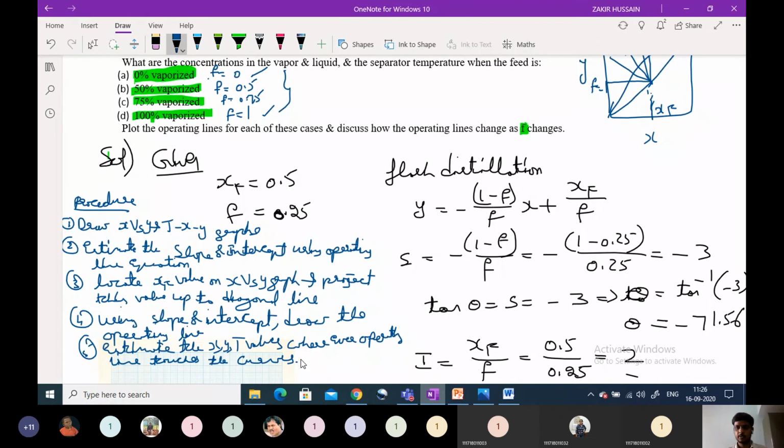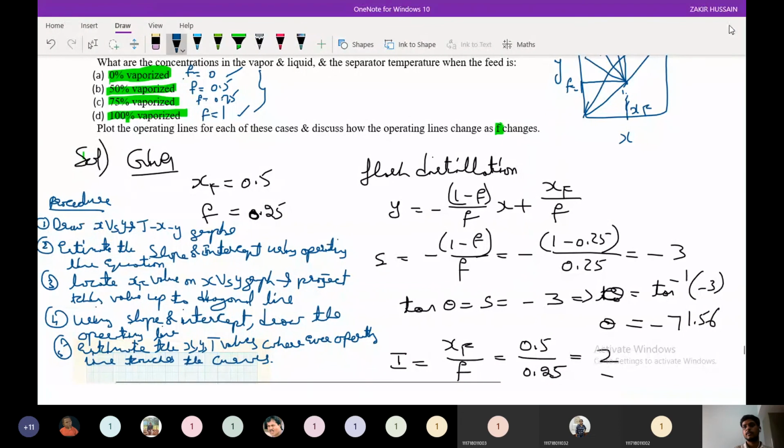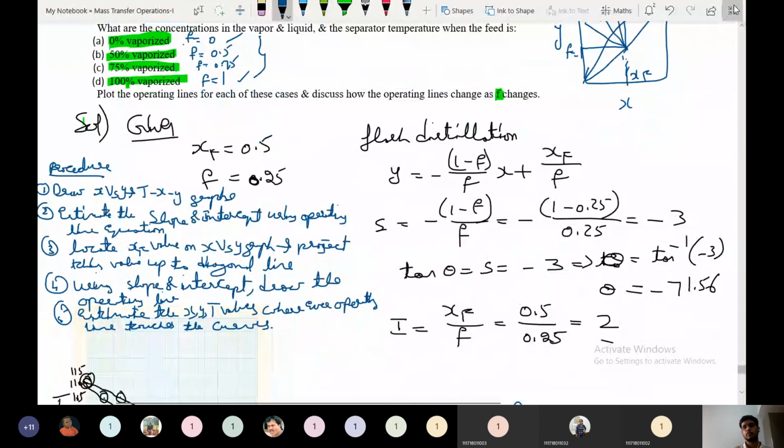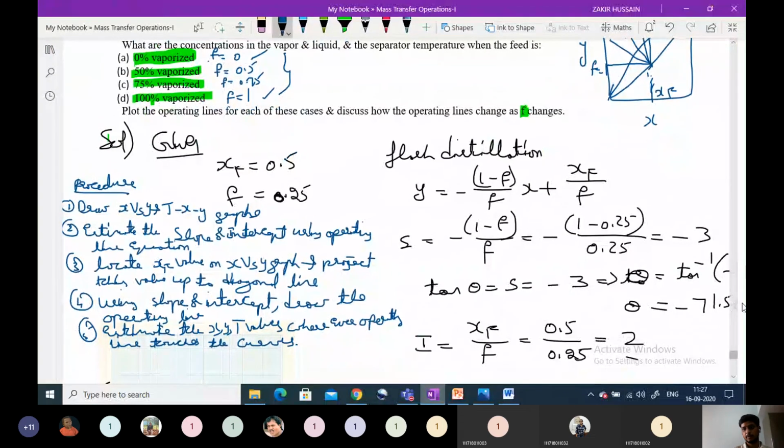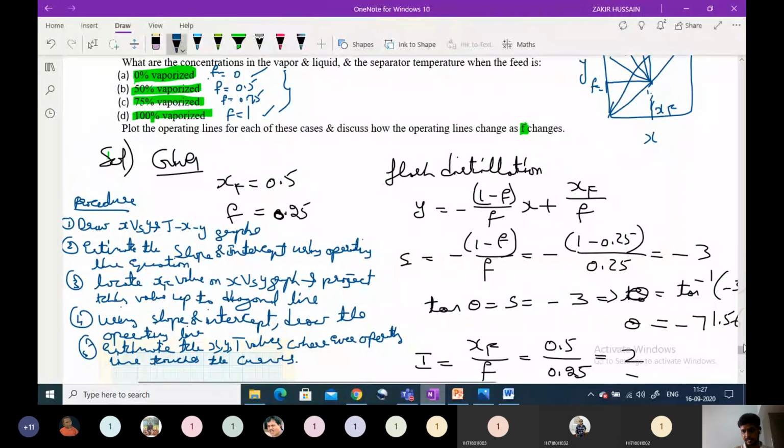In the next class, you just say what the values are, and at the same time I would like to see your procedure, how you calculate these values. Doing this procedure is very easy. When you do this procedure, it will be very easy to solve the problems in unit 3, which are big problems on how to estimate the number of plates. Using various triangles we estimate the number of plates. If you draw this on your own, it will be very easy to calculate the number of plates using the different operating line equations.